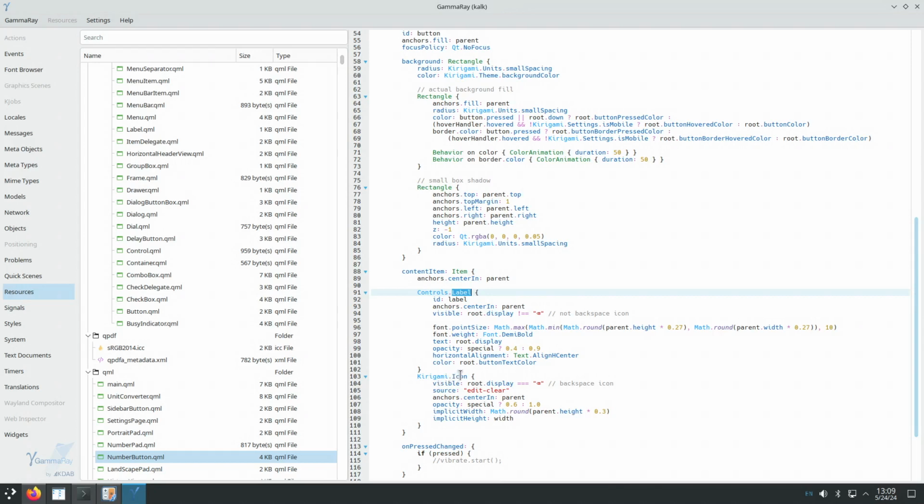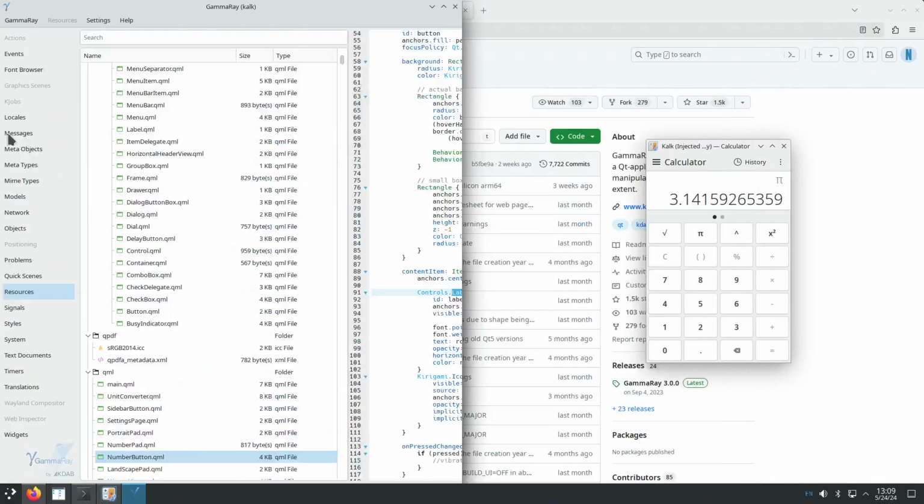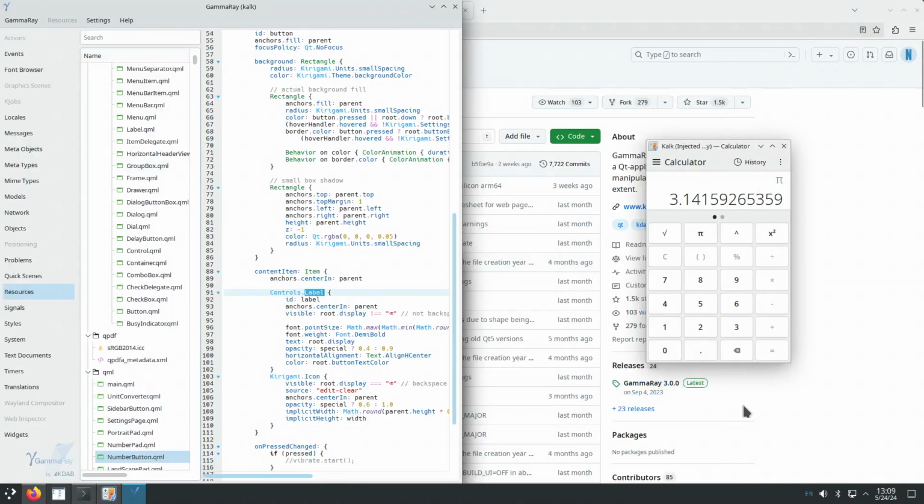And an icon that's only visible for the clear, edit clear icon. Let's see that. So the clear